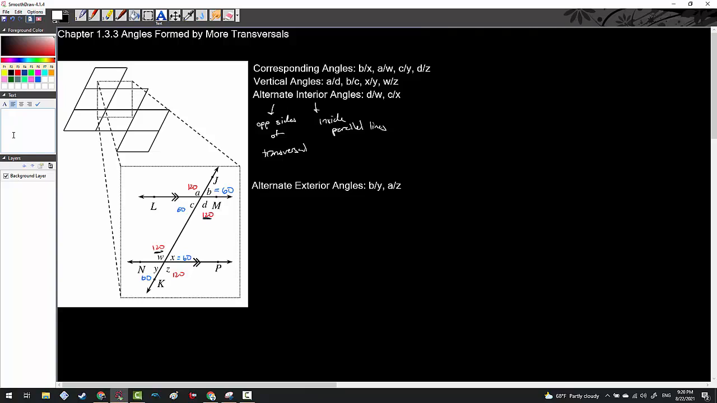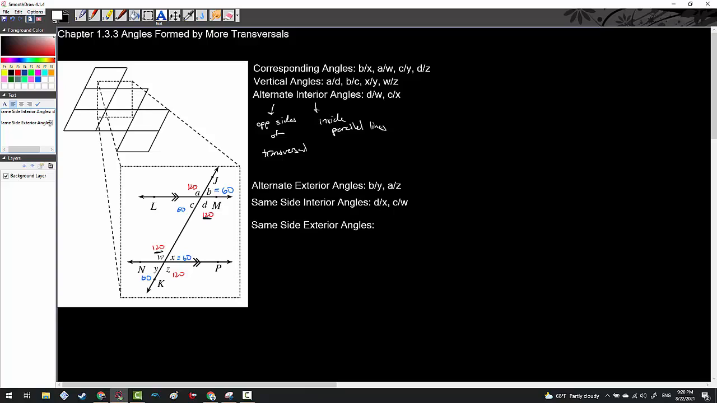And what we call those, unlike alternate interior angles, we call them same side interior angles. Same side interior angles. Again, not because they're not alternating, right? They're on the same side of the transversal, and they're on the inside of the parallel lines. So from here, we can say D and X are same side interior angles, as well as C and W are also same side interior angles, and